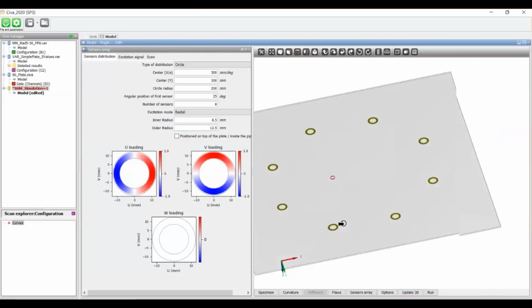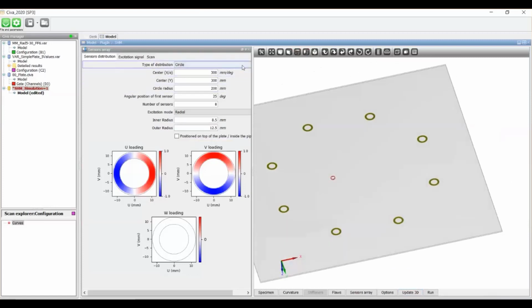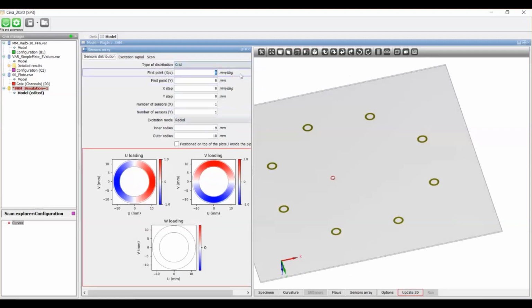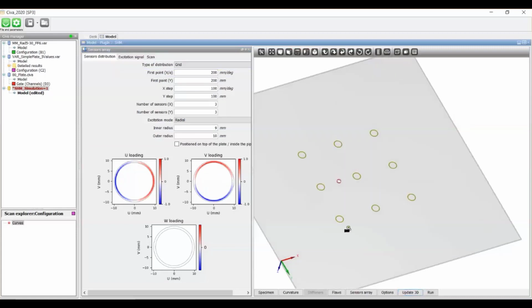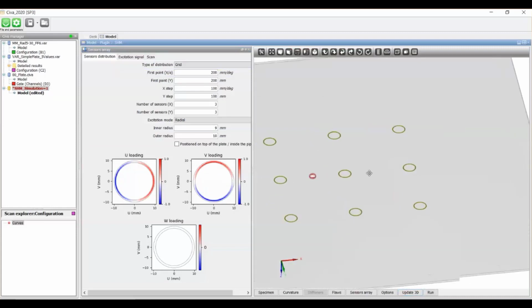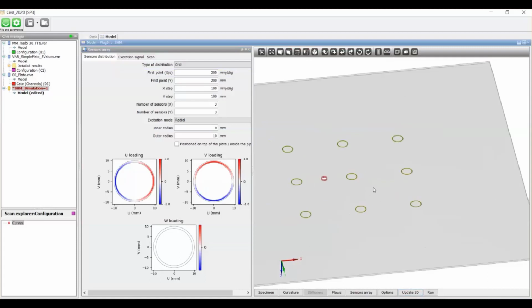Okay, and here is the new distribution with new sensor dimensions. You can organize them in a grid and not in a circle. So again, you will define the position of the first one, then a kind of step and a number of sensors along X and Y. After a few seconds, you see the new distribution of sensors you have defined.